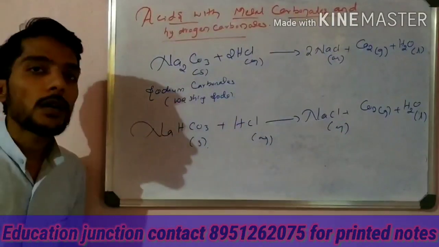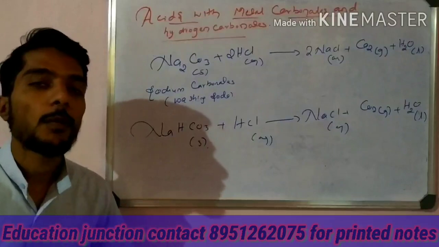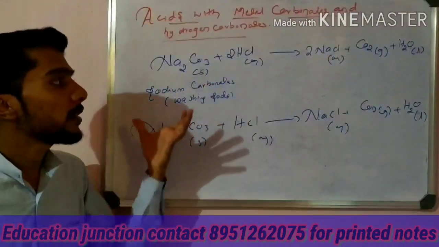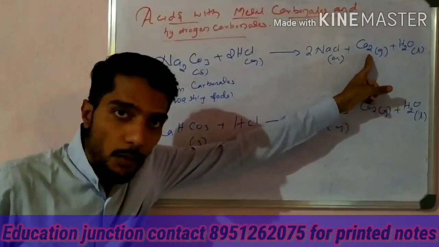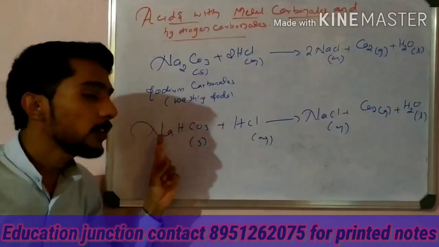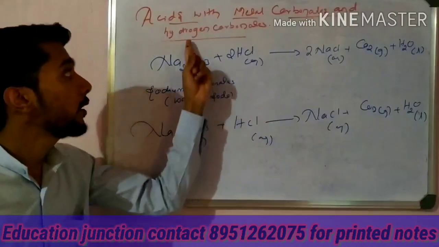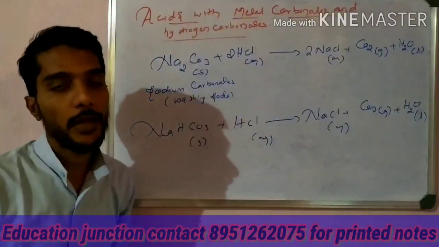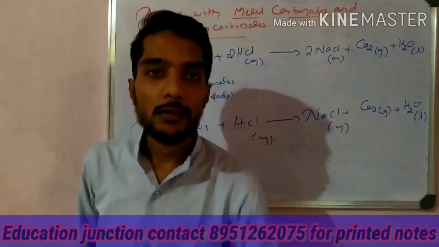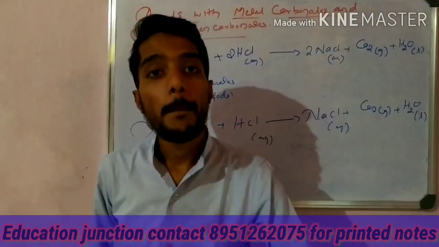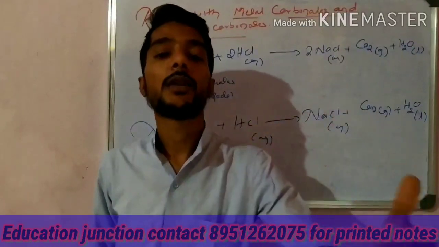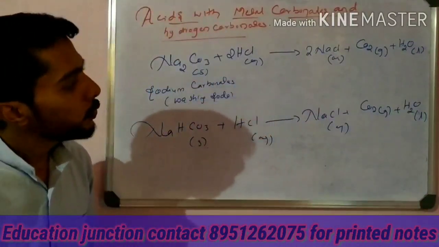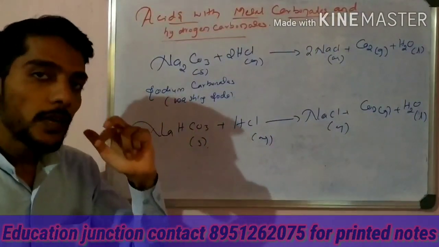Okay, these are the two very important chemical properties of acid, students. When acid reacts with carbonates, carbon dioxide gas is liberated, that is very important. When acid reacts with sodium hydrogen carbonate, bicarbonate, then carbon dioxide gas is liberated. In the place of metal, hydrogen gas is liberated; in the place of metal carbonate or metal hydrogen carbonate, carbon dioxide is liberated. That is different, students. So now after this we get one idea.